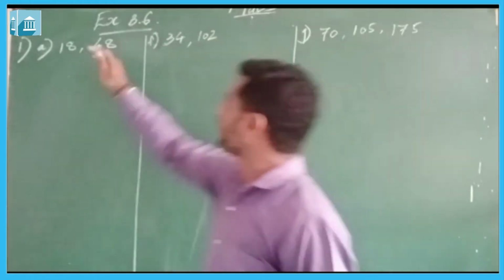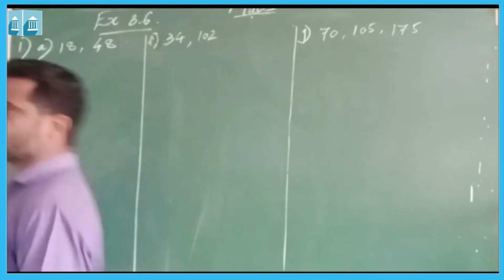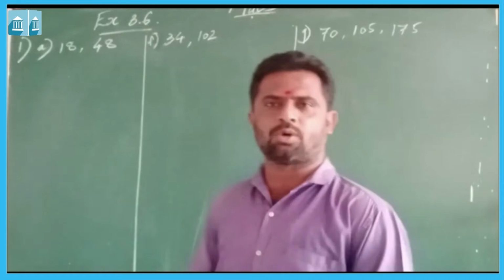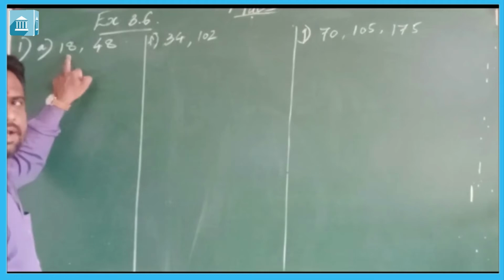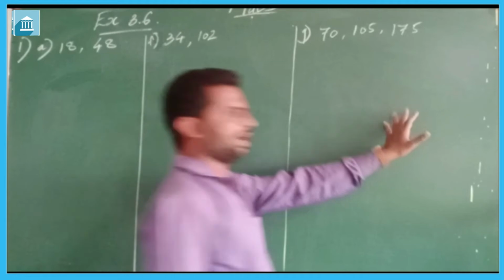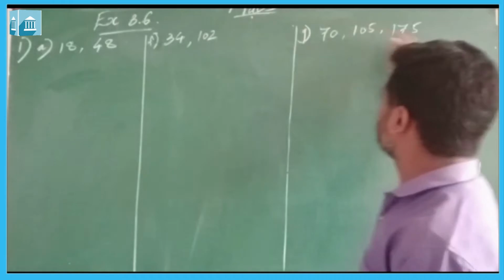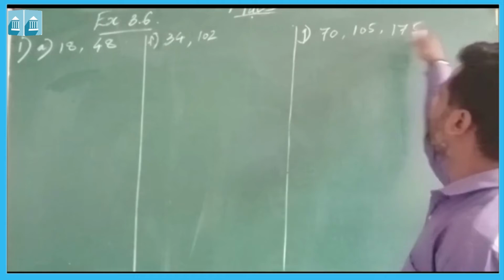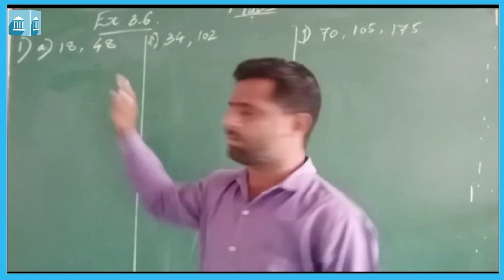Now let us begin exercise 3.6. Question number 1 is find the HCF of the following numbers. Here the numbers are given and we have to find out their HCF, that is highest common factor. Let us begin with question number 1. Here the question is 18 and 48. First let us do it with the prime factorization method, as it is easy, and we can easily do it with prime factorization when the number is bigger or greater. It is very hard to find all the factors of 105 or 175 or any bigger number. So we will do it with the prime factorization method.